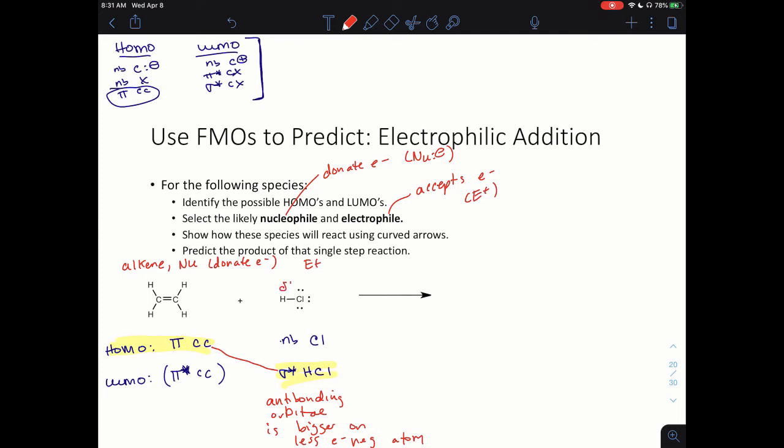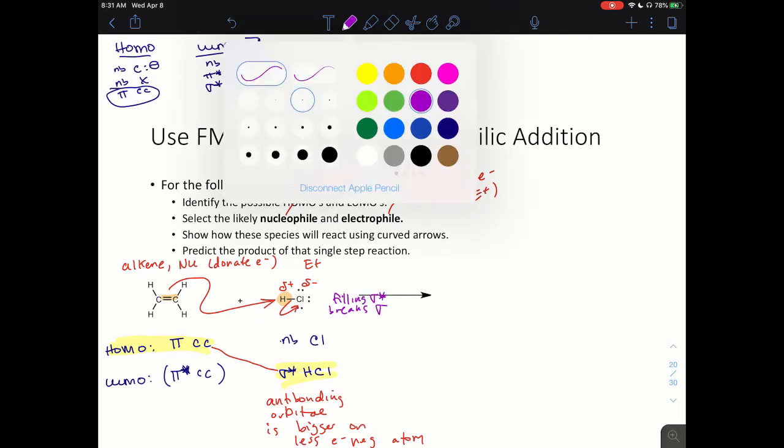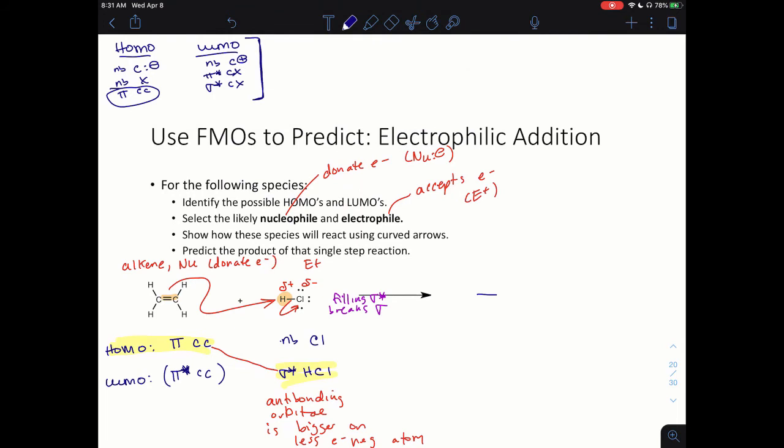You can just remember that opposites attract, and there is a partial positive on hydrogen, and electrons are negatively charged. So opposites are going to attract here. You're going to fill up sigma star HCl, and that breaks sigma HCl. So filling sigma star breaks sigma,